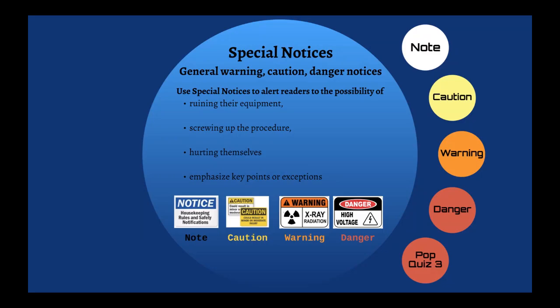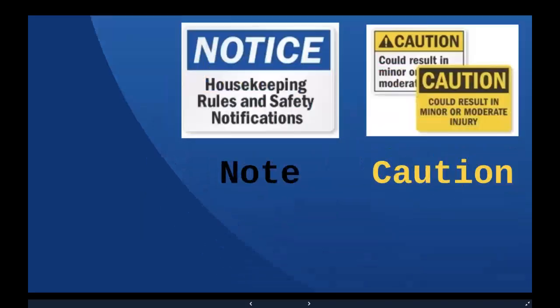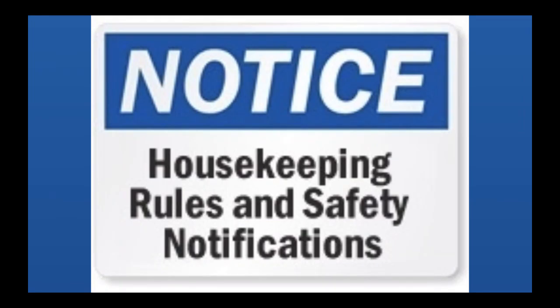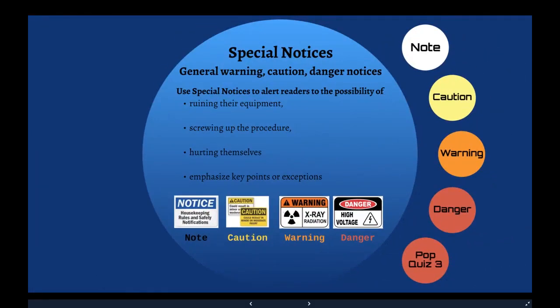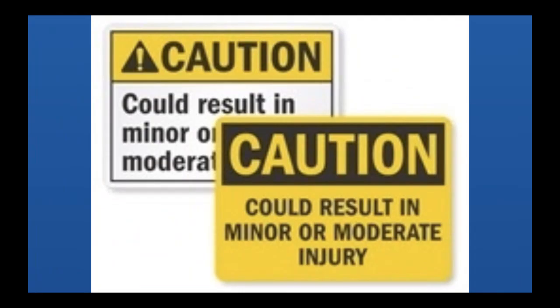So let's look at the four major general slash special notices that we normally include in technical writing in our instructional manuals. The first one is the note. And this is what the note might look like. Housekeeping rules and safety notification. Then, of course, we have the caution. This is what it would look like. And if you notice they're color coded,